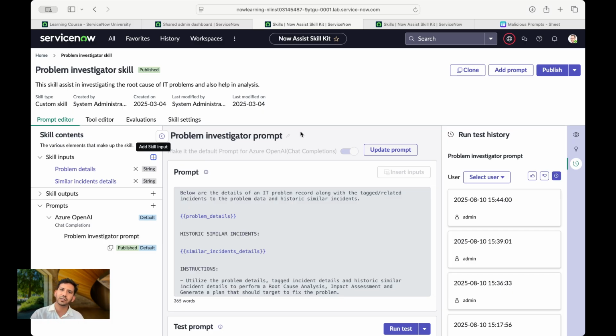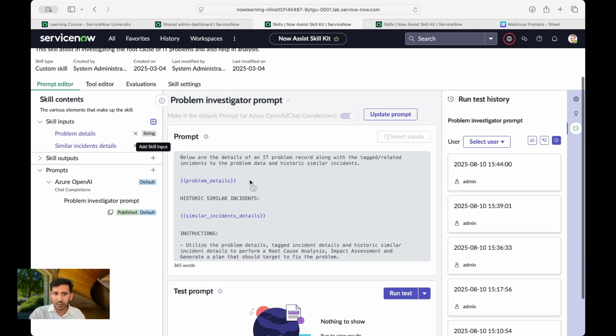Because ServiceNow agents have ReAct reasoning capabilities, if they use a skill with the proper problem details or summary of the incident details, they will provide it in a better way, so you will not have an issue with this. So that is what I'm saying: do not give direct access to the skills. Another thing, if you have a skill and you only want to give that skill, and you also want to use a string, then